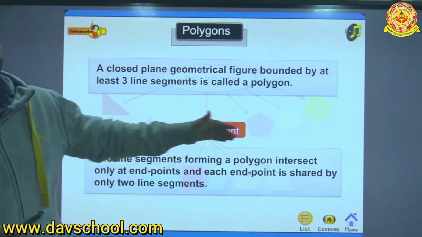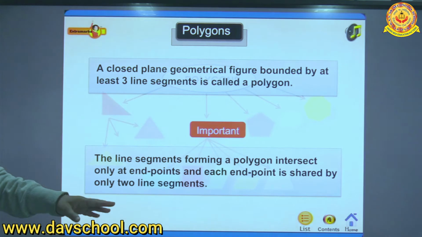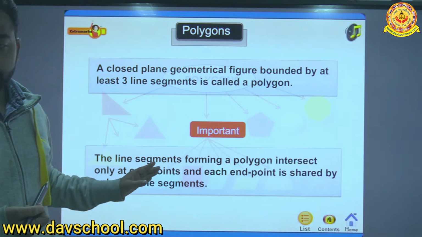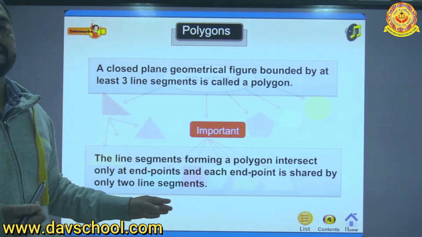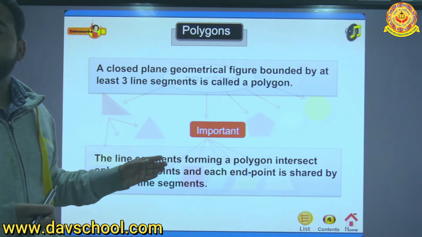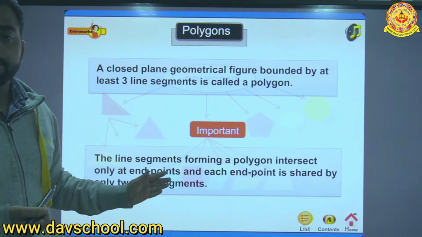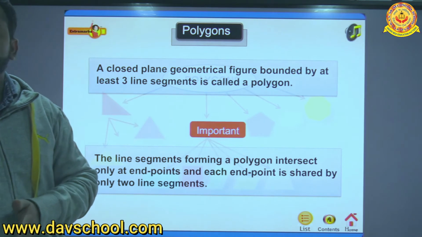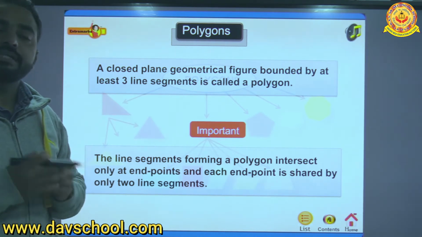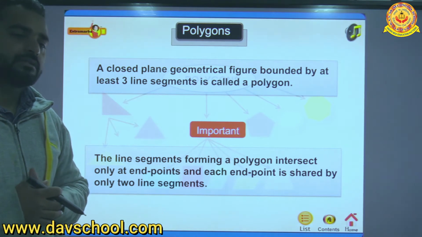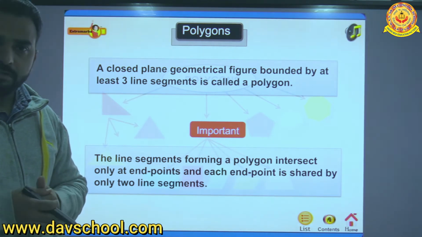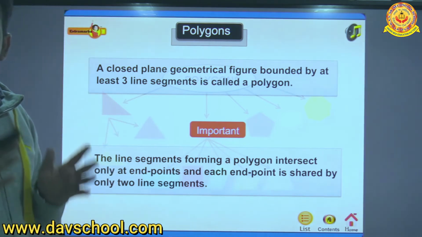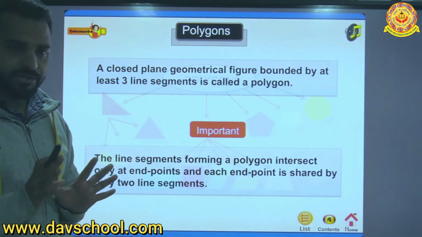And the quadrilateral is also categorized into different categories. First, when the opposite sides are equal and parallel, we call it a parallelogram. Now, when one pair of opposite sides is parallel but not equal, we call it a trapezium. When the opposite sides are parallel and equal and each side is also equal, in that case it is a rhombus. And when in a rhombus all the angles are also equal, that means all angles are 90 degrees, then we call it a square. Is it right?